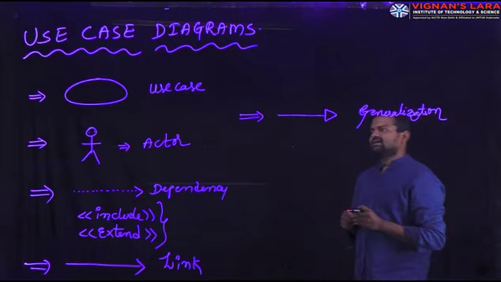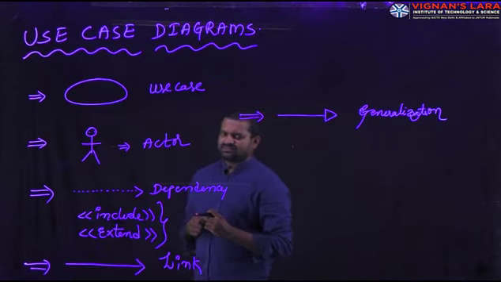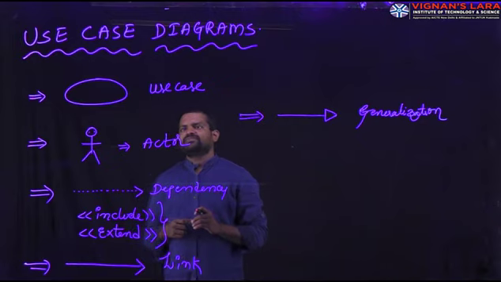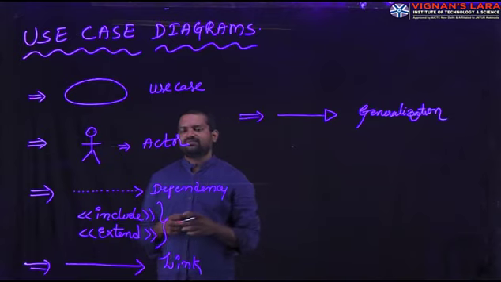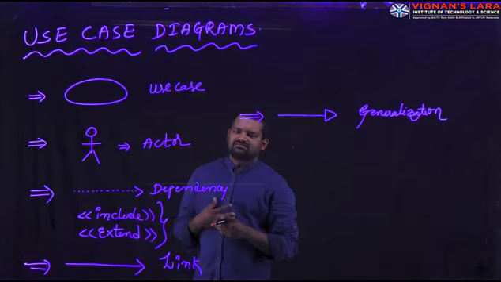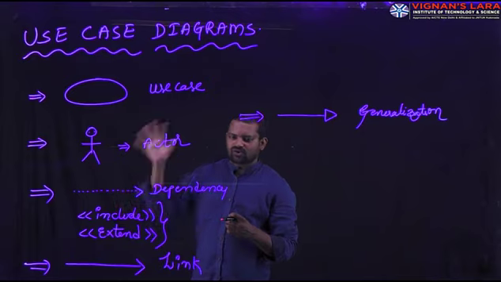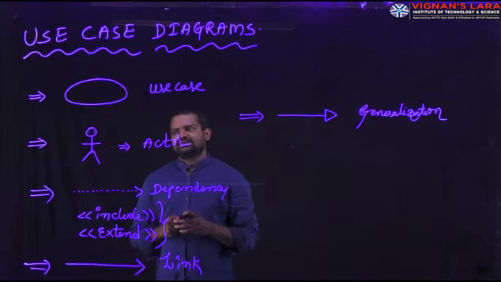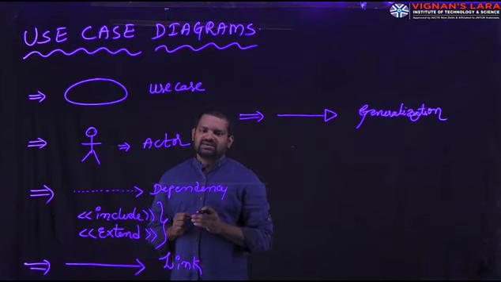In the use case diagram, a use case represents an action, some operation. Whatever operation is required in the particular system, that operation will be represented with the help of a use case. And the actor is the one having a role on the particular use cases. Simply said, actors represent a role, use cases represent a process.